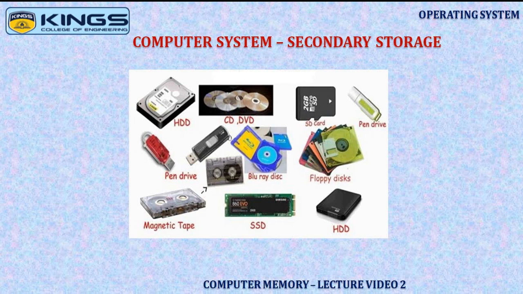CDs are nothing but compact discs, a flat round optical storage media, and DVDs are nothing but digital versatile discs. A DVD is capable of storing a significant amount of data compared to a CD. So the capacity of DVDs is more than that of CDs. Next is the magnetic tape. It is a thin, magnetically coated piece of plastic wrapped around wheels to store data.